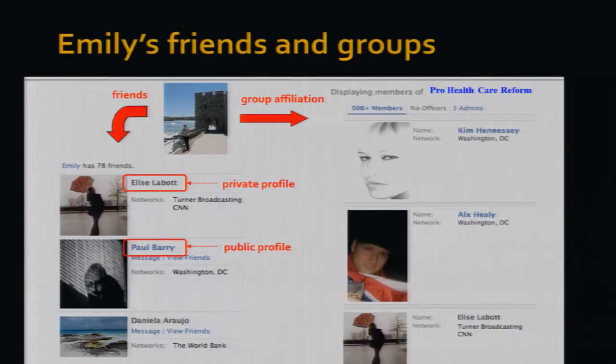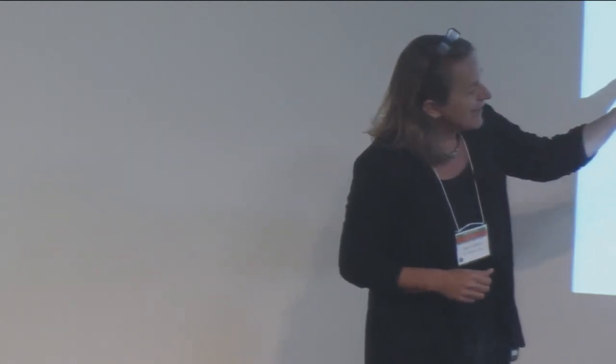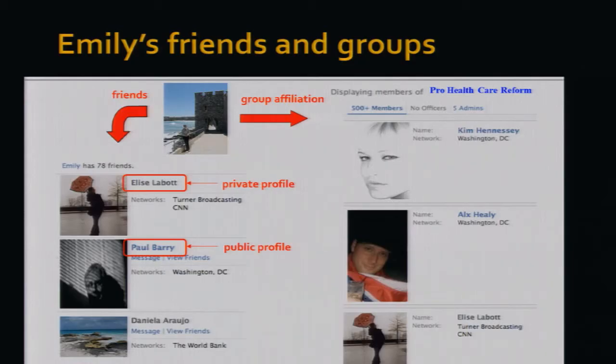So the interesting thing is I can maybe control my own attributes, but I can't control the attributes of my friends. And at that time in Facebook, it turned out group affiliations, the control over who released information about who was a member of a group was not the group member, but the group owner.